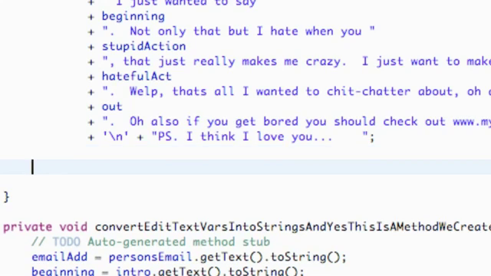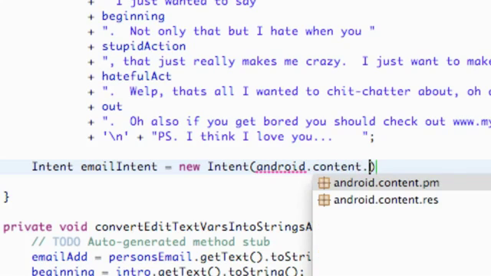First, we're going to set up an intent, just like we set up all other types of intents for the most part. We're going to say Intent, and we're going to call this emailIntent, something like that, and hit enter. Then we have to import the Intent and say new Intent, just like always. This time what we're going to put in the parameters is something from the Android SDK, and it's going to be called android.content.Intent